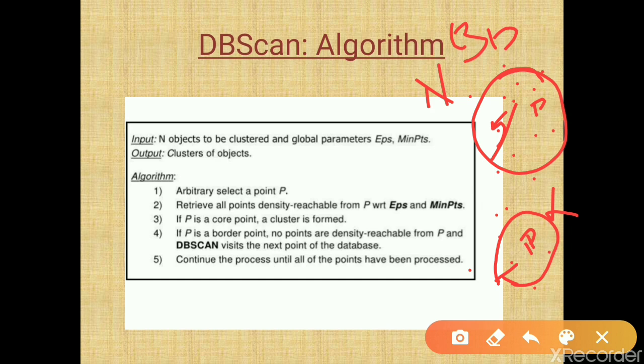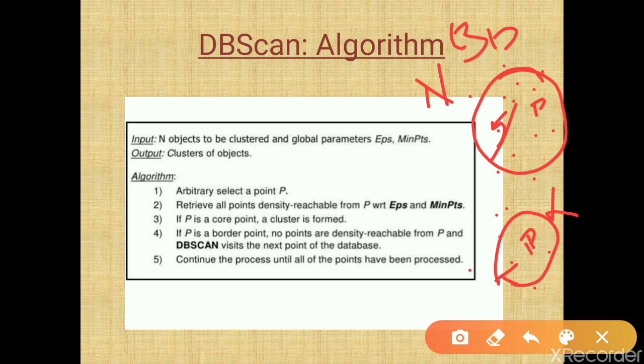Once again I will summarize this DB-scan algorithm. The main important concepts are: we use it for arbitrary shaped clustering and it is very much resistant to noise. Two important points, termination conditions based on these two parameters: one is epsilon and another is minimum number of points. Epsilon is the maximum radius and minimum number of points is the number of points in the epsilon neighborhood.